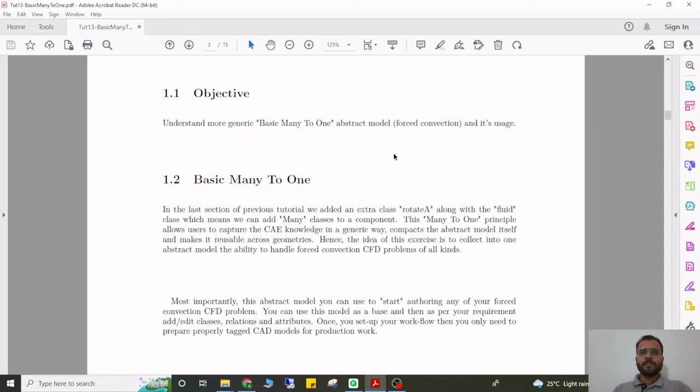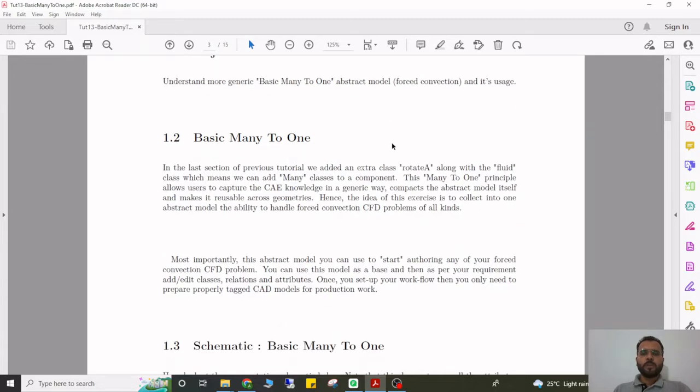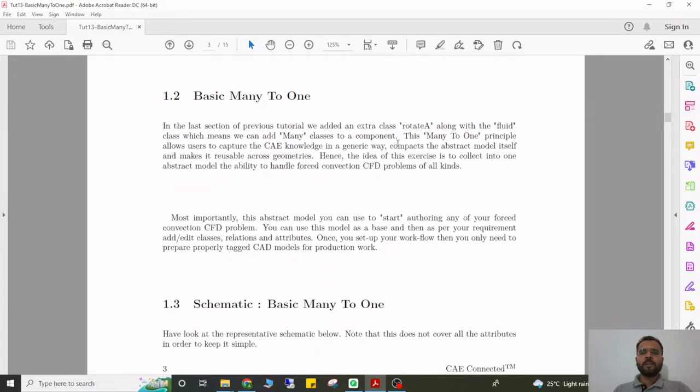This menu to one principle allows users to capture CAE knowledge in a generic way, compacts the abstract model itself, and makes it reusable across geometries. Hence, the idea of this exercise is to collect into one abstract model the ability to handle force convection CFD problems of all kinds. Most importantly, you can use this abstract model to start authoring any of your force convection CFD